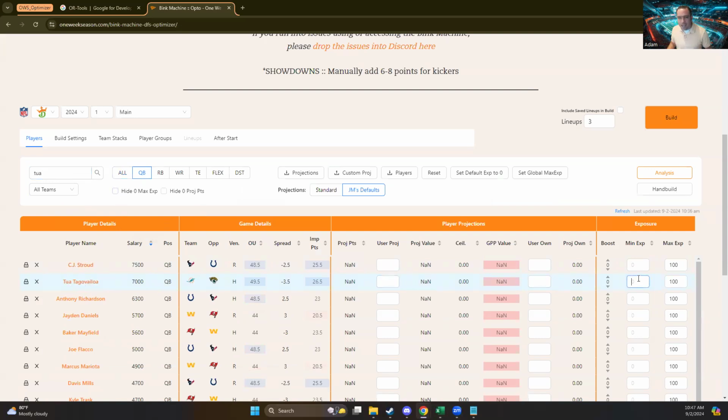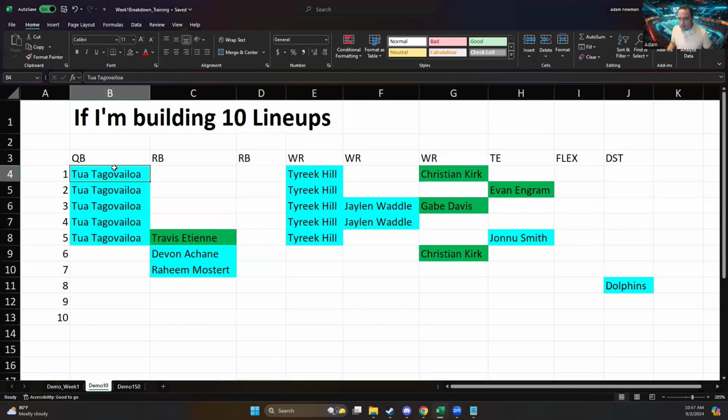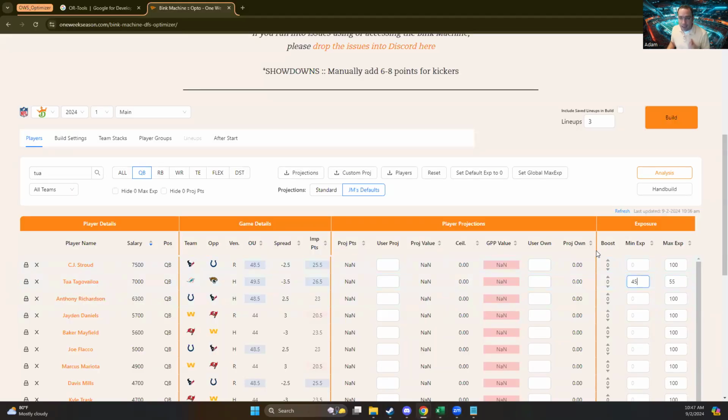If I really wanted to play 50% Tua stacks in my 150 lineups, I would do something like this. I want to play between 45 and 55% Tua stacks, Tua quarterback. This is me saying I want 50% Tua, and I am telling the Bink machine I want 50% Tua.